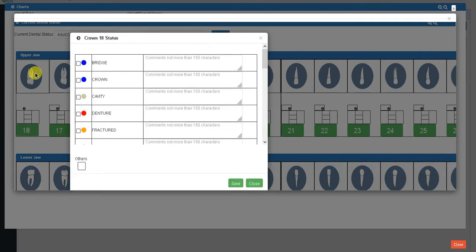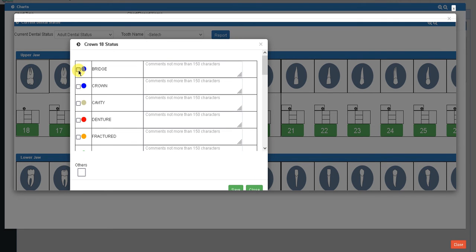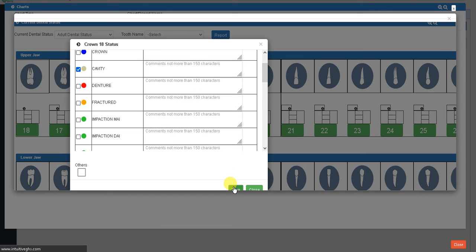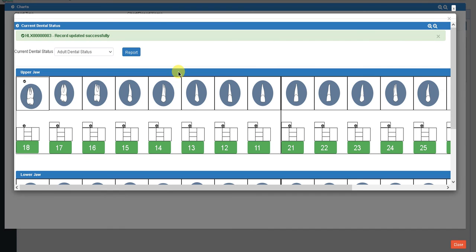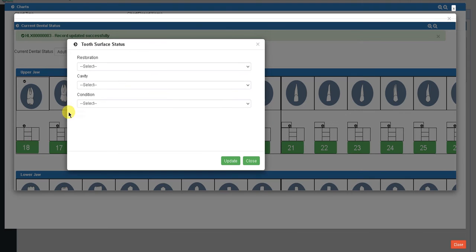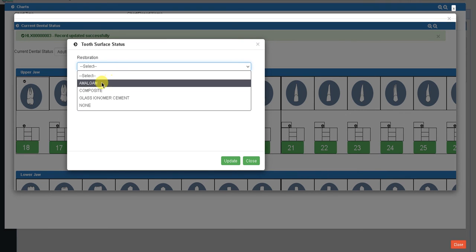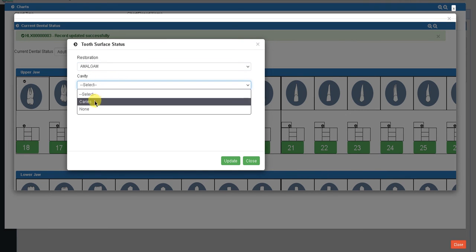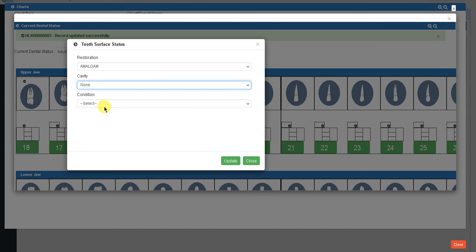You can make notes. So it is a bridge, and then you comment. It is a cavity, and then you comment. Once you're done, you can save this, and it will show that there is something on this tooth, the bridge and the cavity. You can also select this and make notes based on whatever it is that you are seeing on the patient's tooth,